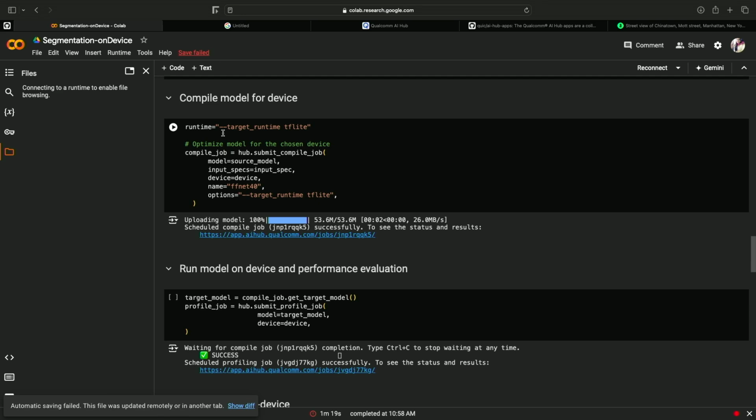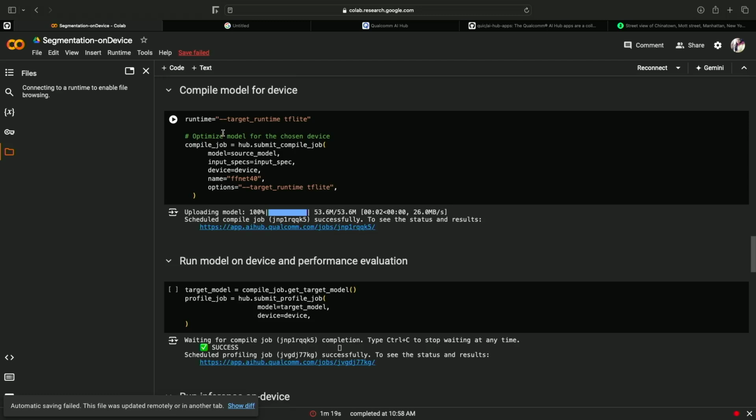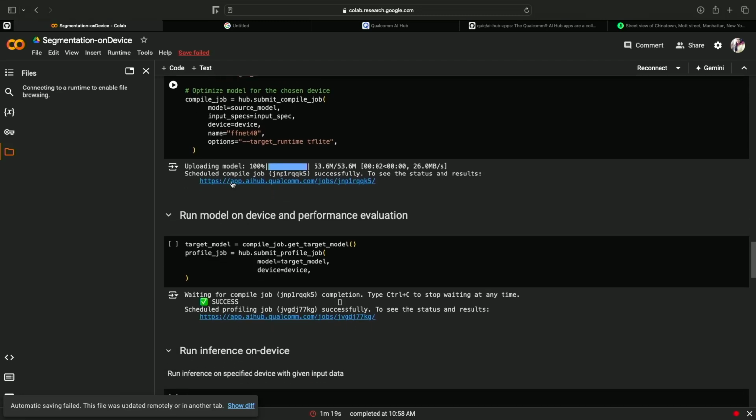Then for compiling, all you have to do is submit compile job, take your source model, which was the traced torch model of FFNet, and run it with this device and give it an input spec, and just use the target runtime TF Lite. So with that, we'd be able to, it's a little sad we can't see this, but we should be able to,